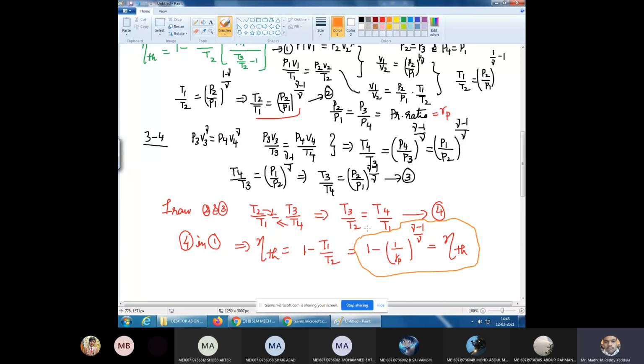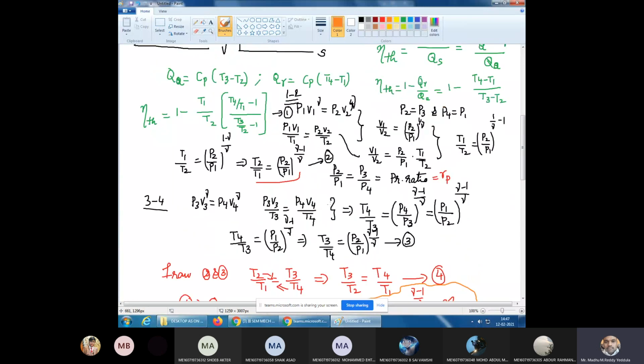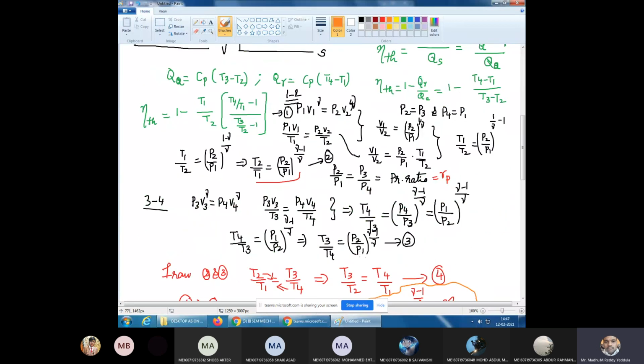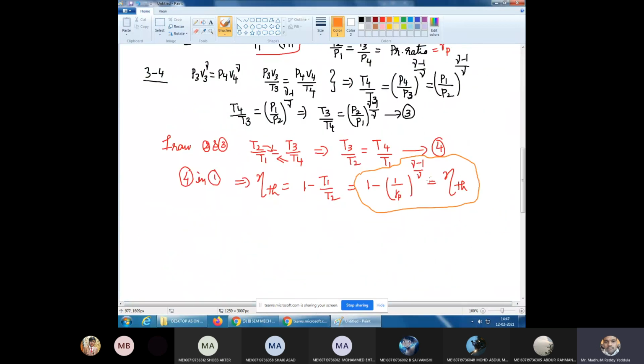Is this derivation clear? Right. Now, here we can define one quantity. So very simple, right? I just considered two isentropic processes, 1 to 2 and 3 to 4. We eliminated volume and found the relations between pressure and temperature. That's it. So we got 1 minus 1 by RP power gamma minus 1 by gamma,